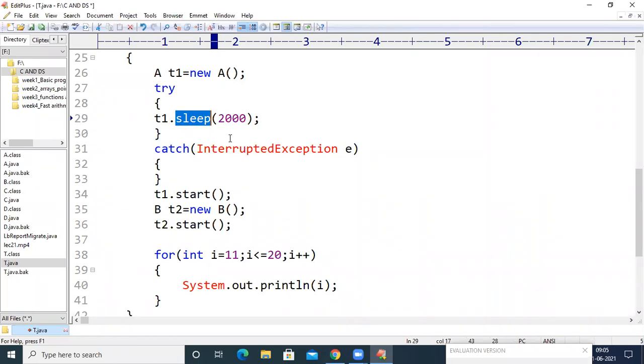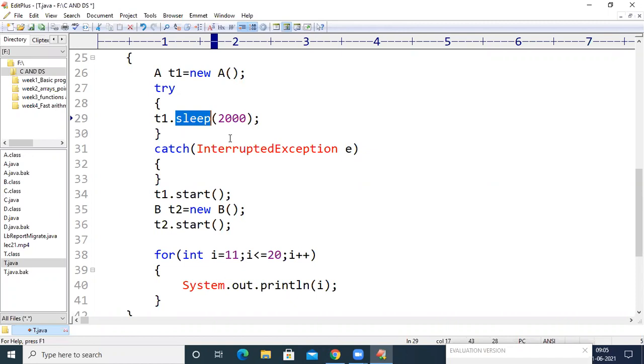Here the exception is interrupted exception. Now the object will search the entire program to find whether there is code for handling that object. If it finds the code, it will be handled. Otherwise, the object will again reach the JVM, and whenever the object reaches the JVM, it will report an exception error in the program.